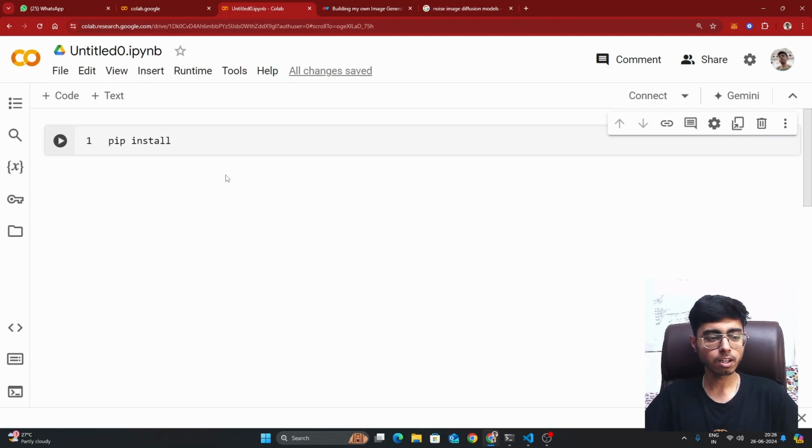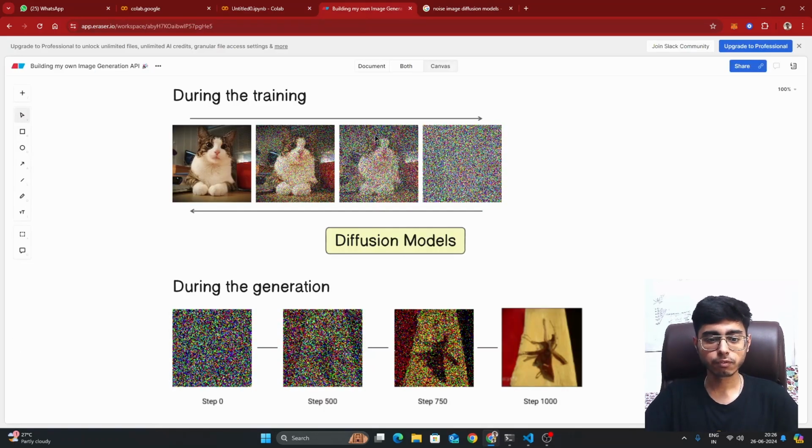So first of all, before we write any code, it will be so helpful for you if I just explain what we are actually going to use to generate the images, right? So we are going to use diffusion models, and I'm not going to go deeper into the mathematical implementation of it, because that is a totally different topic, and that will take many hours to explain. So I'll just explain from the top what diffusion models do and how they help us to generate images,